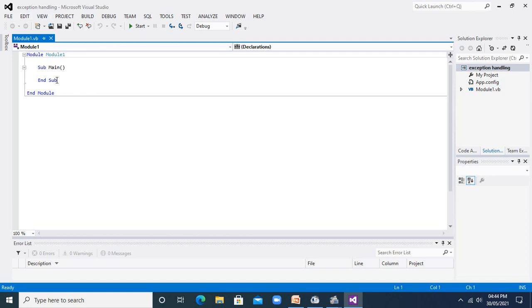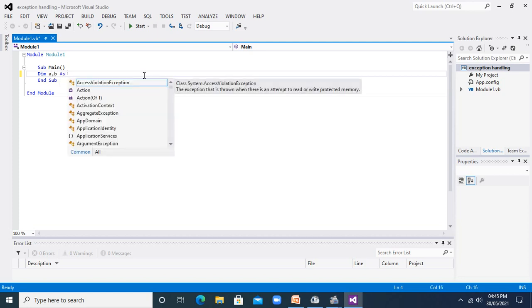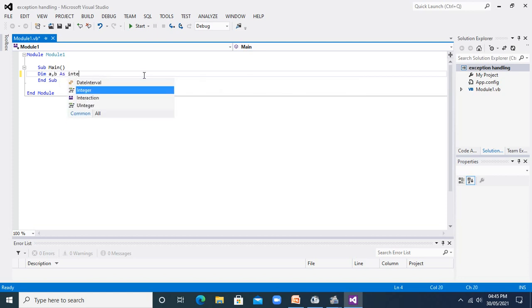Now here I will write the program to check the divide by 0 error, and for that I will read two numbers from the user. For that I will need to declare some variables. So I will declare the variables here in my Sub Main: dim a, b as integer.